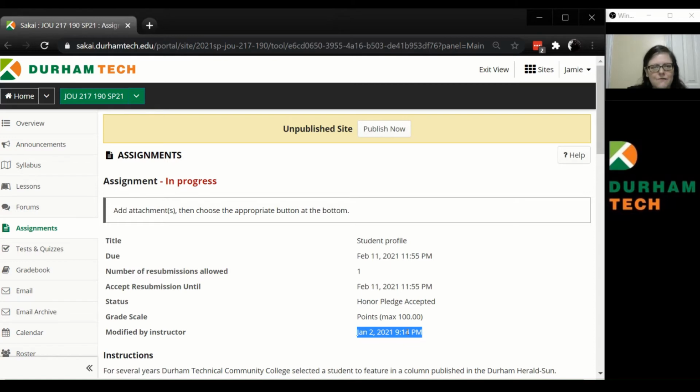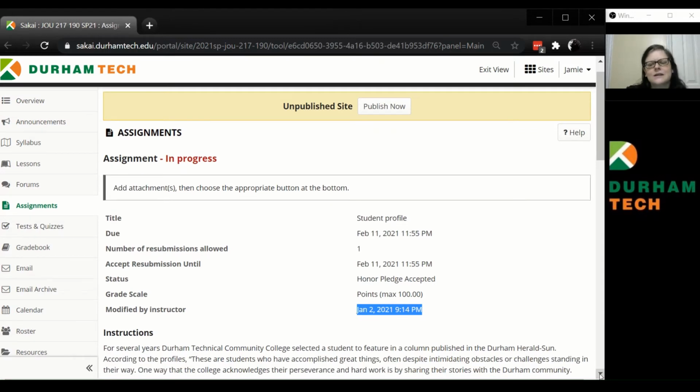Now, every so often, you'll notice that an assignment is modified after the open date, or sometimes after the due date. Now, there's a reason for that. Rubrics are a little bit tricky in Sakai. Now, I allow rubrics to be adjusted. So if the options are 10 points, 8 points, 5 points, and 2 points, but you kind of deserve 9 points, I set up rubrics to adjust for individual scores. And for whatever reason, sometimes that box gets unchecked. So if you see that it's been modified, that's probably what it's been modified from.